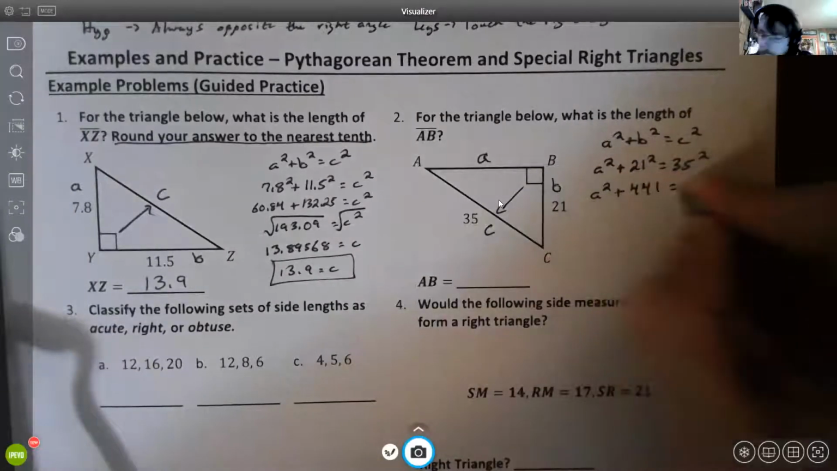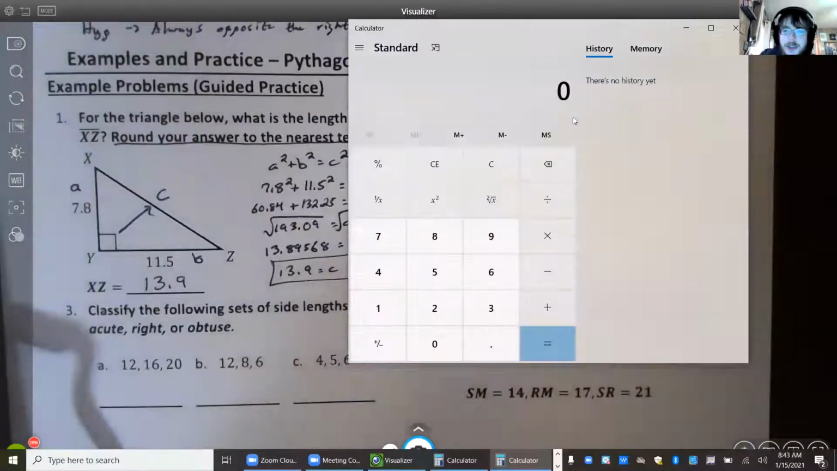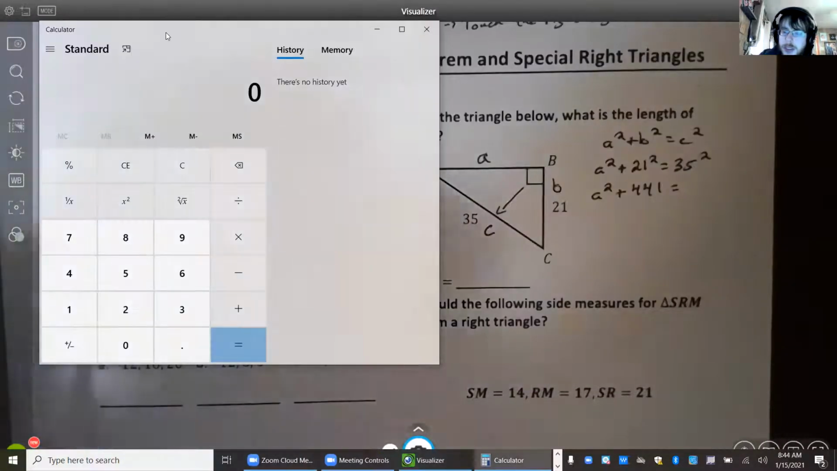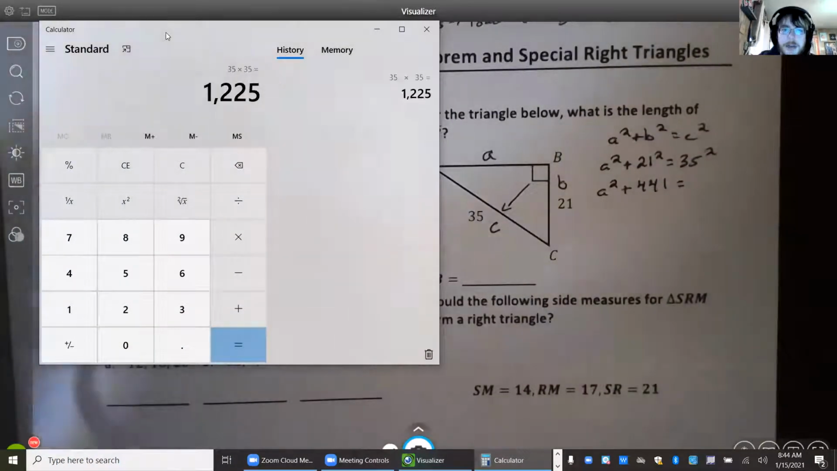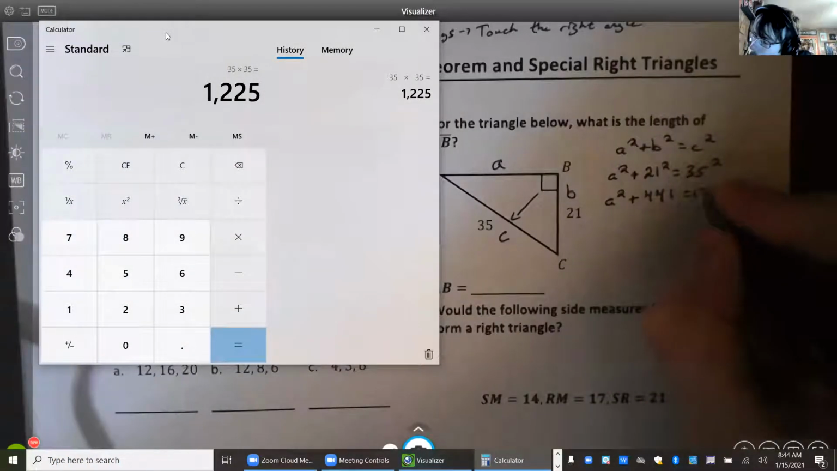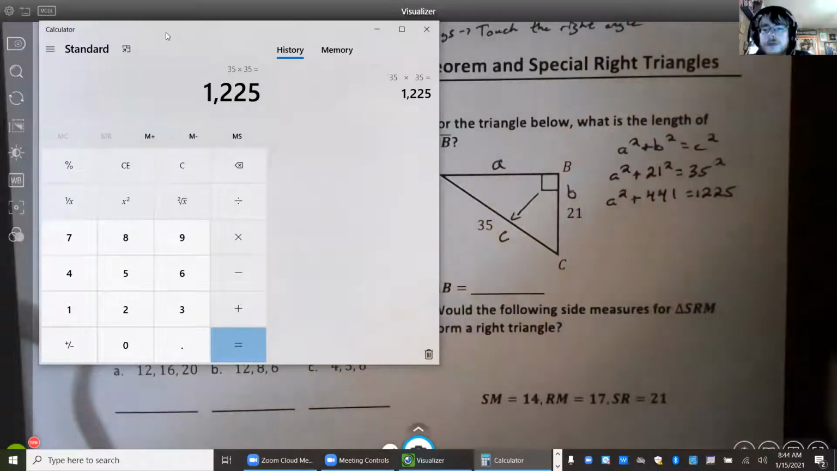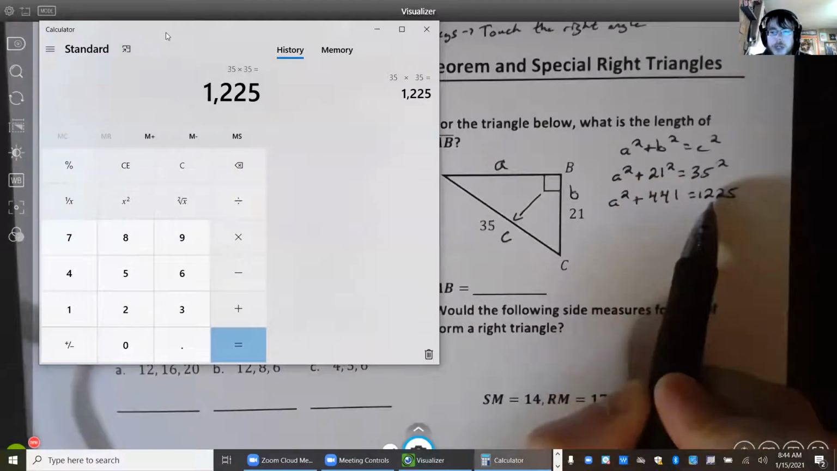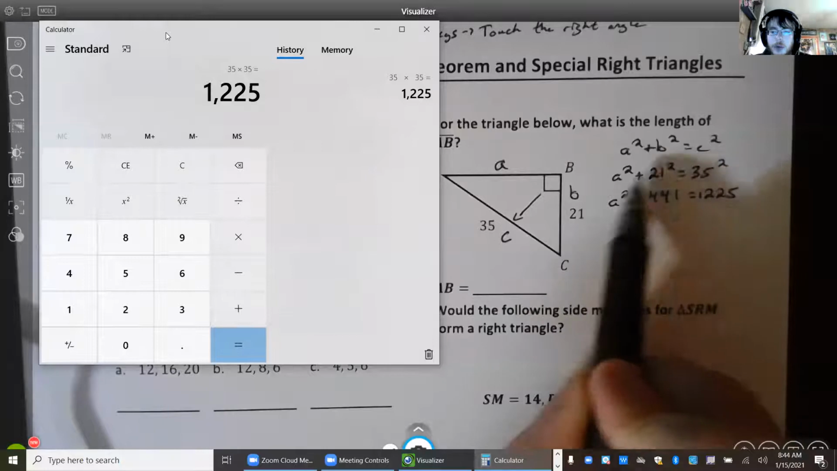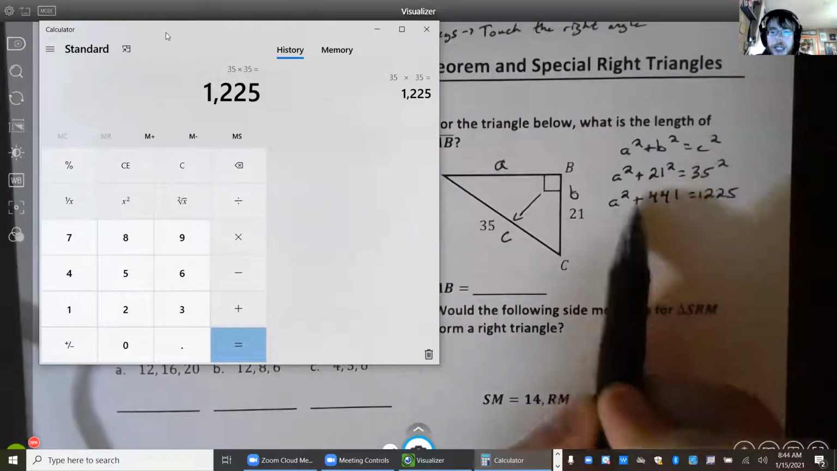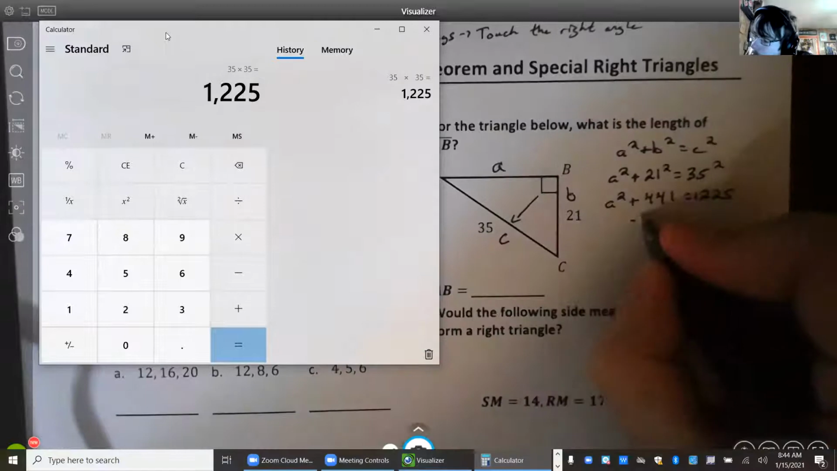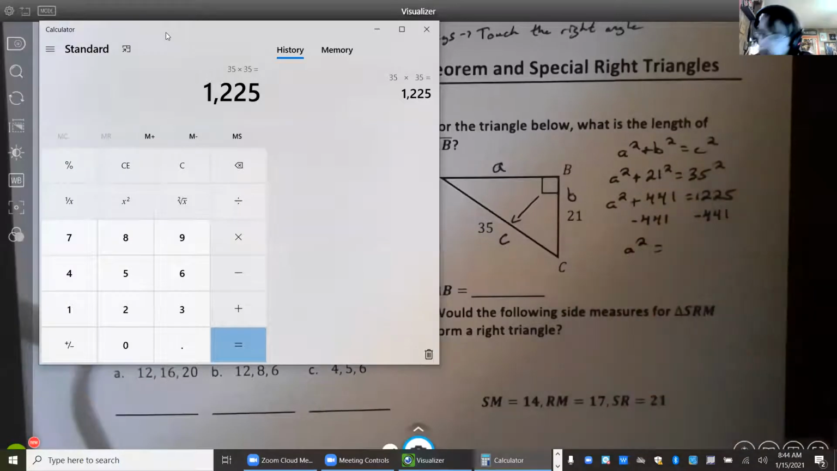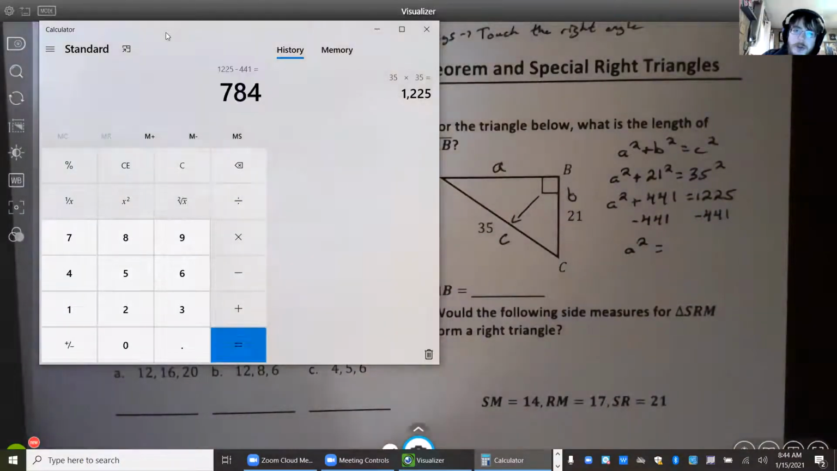35 times 35 is 1225. Now, A squared is on this left side here, and it makes no sense to move it over to the right side, so we need to get rid of this 441 instead. So to get rid of that 441, we're going to subtract it from both sides, and we get that A squared equals 1225 minus 441, which is